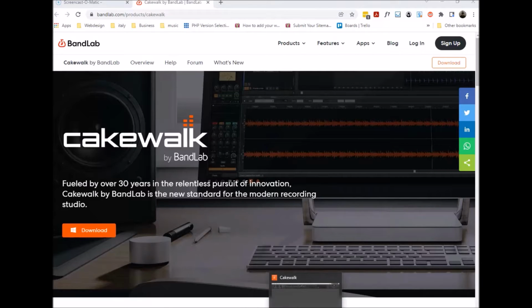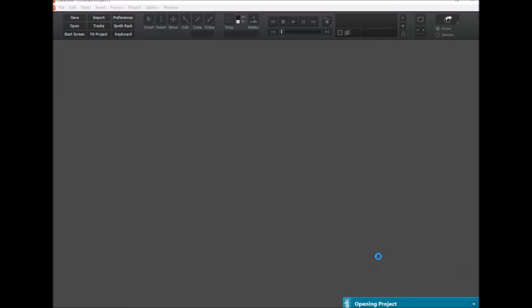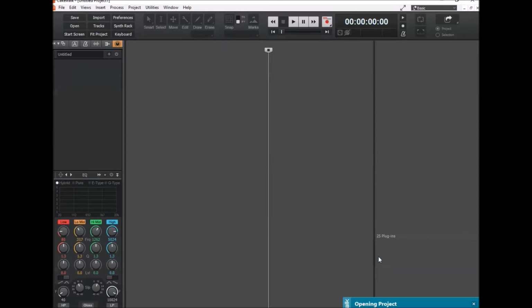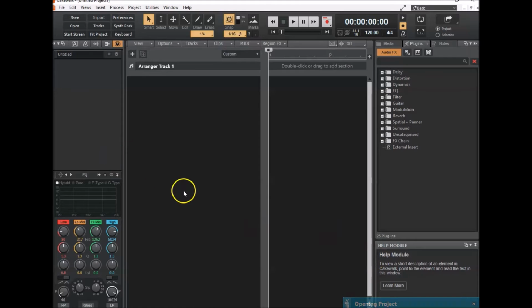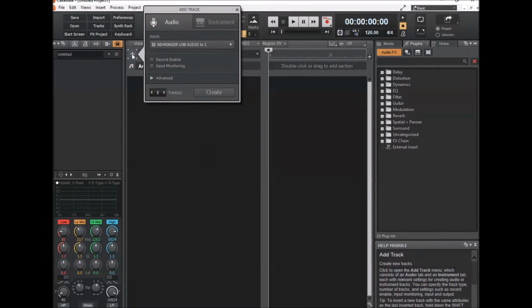Once you've done that, you can open up Cakewalk, and what I did for this particular track is I opened an empty project. You get presented with a screen similar to this, and this is where your tracks are all going to be. The easiest way to put a track in or start recording something is to press plus up here. The instruments I use are all audio instruments, and remember I'm sending them through a Behringer